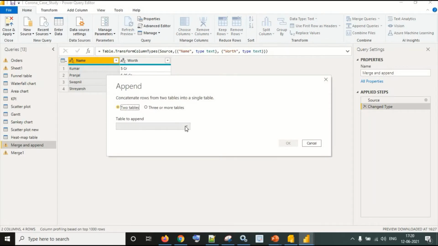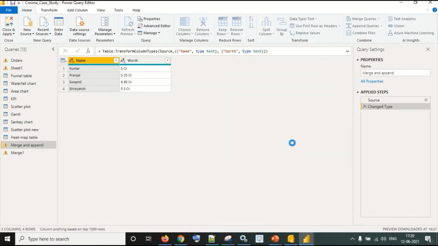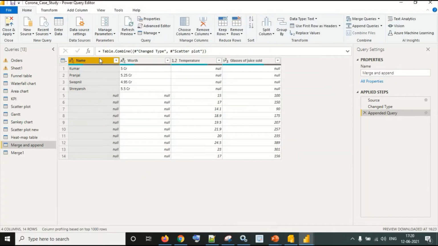I'm appending two tables, let's see what happens. As you can see, there are different column names, so that's why there are a lot of null values. This is basically the difference between merge and append. If column names are the same, then the values will get appended at the end. But if column names are different, then new columns will be added.